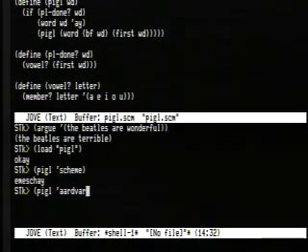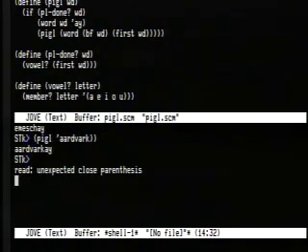If the word starts with a vowel, then it's just aardvarkay, because nothing has to move around to the back. How does the procedure work? Well, if the first letter is a vowel, that's what this helper procedure decides. If the first letter is a vowel, then all I have to do is take my word and stick AY at the end, like the aardvark case.